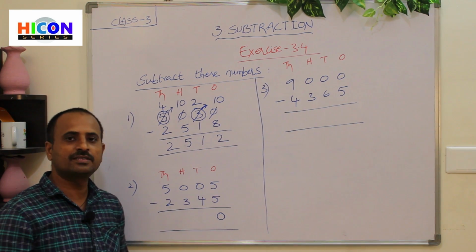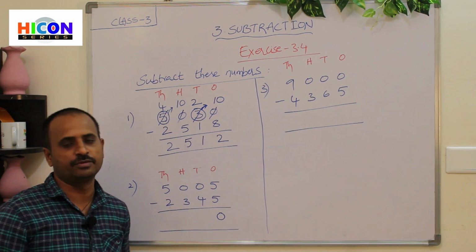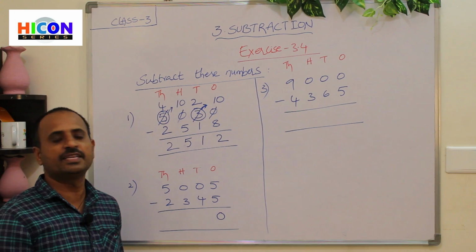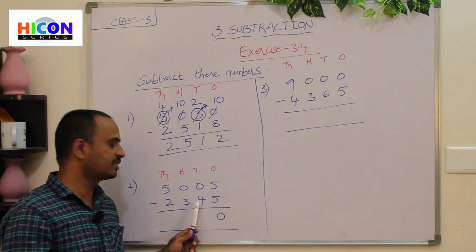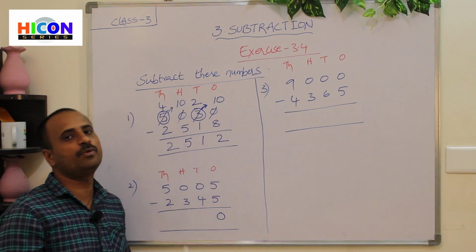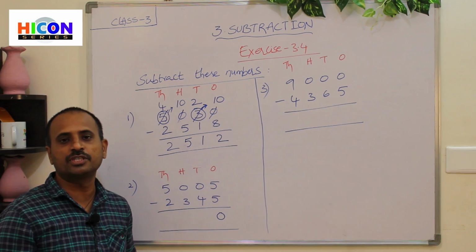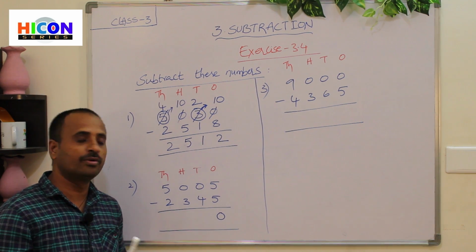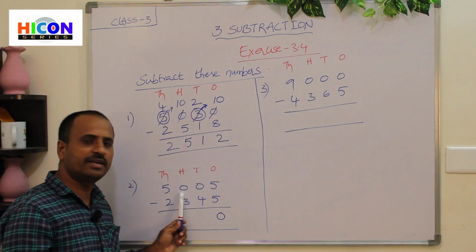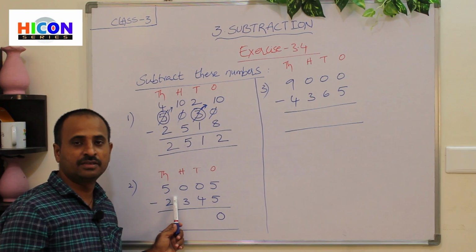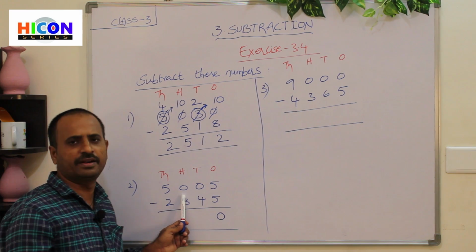Now go to tens place. What are the digits in tens place? 0 and 4 are present in tens place. Here 4 is the greater number, 0 is the smaller number. We cannot subtract a greater number from a smaller number. So what do we have to do? If subtraction is not possible, then we have to borrow from its next place. What is its next place? Hundreds place. How many hundreds are there? 0. That means there are also no hundreds.